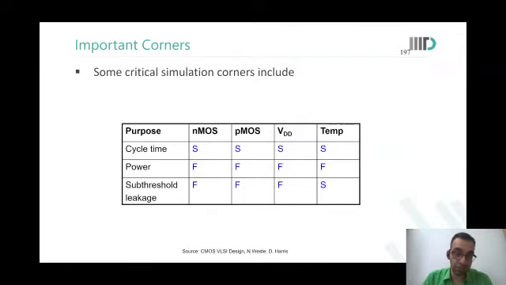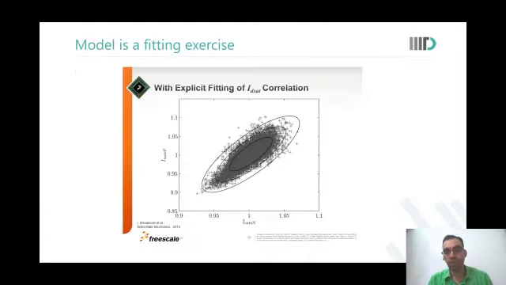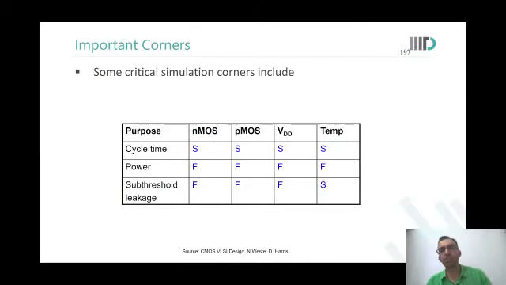Subthreshold leakage, as we rightly pointed out, is higher when you have fast NMOS, fast PMOS, when VDD is also high. But for high leakage, we need to have the higher temperature. So the temperature is the slow temperature, 125 degrees Celsius. That is where you need a mix of different PVTs to overall characterize your designs. That is why this long list of PVT is there. So is that all that we need to worry about, or is there something else?